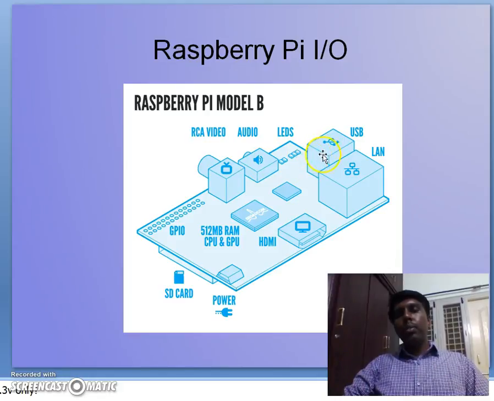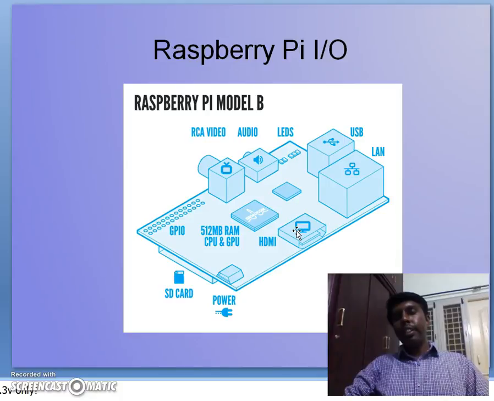Then the USB port, which is normally used for connecting the keyboard and the mouse, and then LAN, which is used to connect the network adapters. Then you have an HDMI port which is used to connect a converter for VGA,